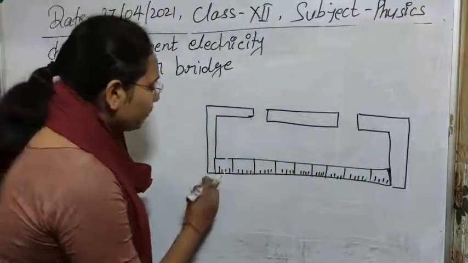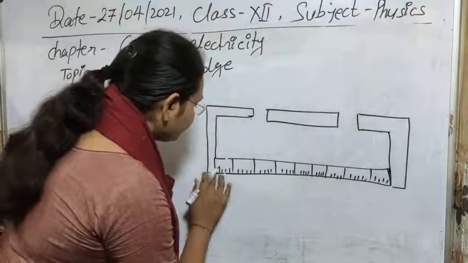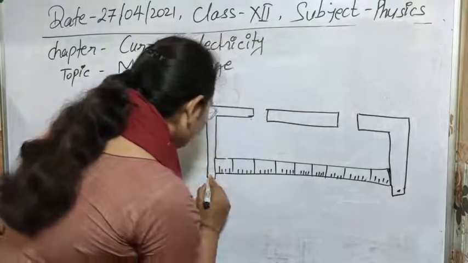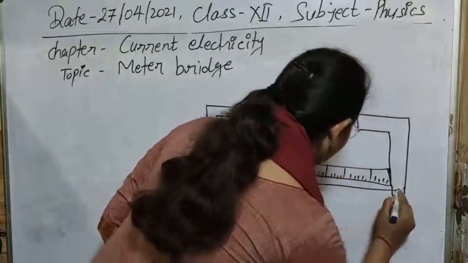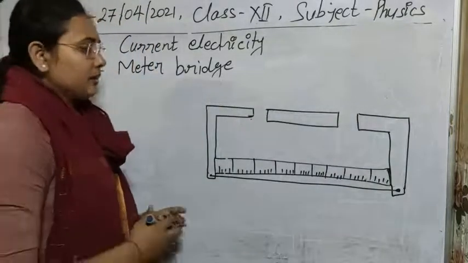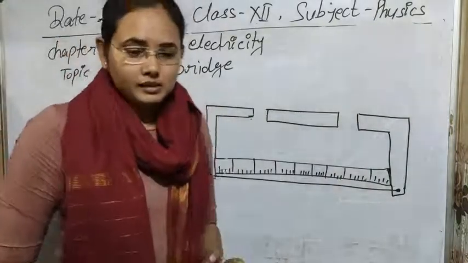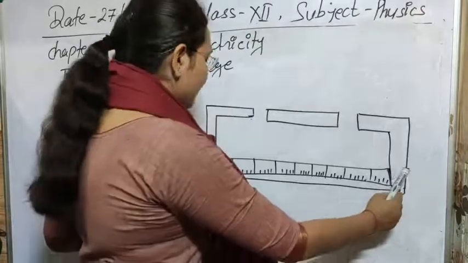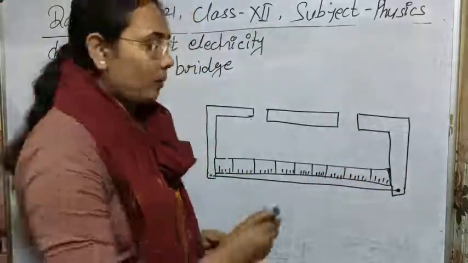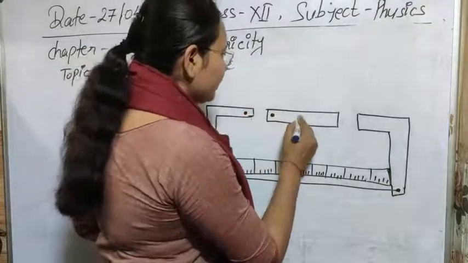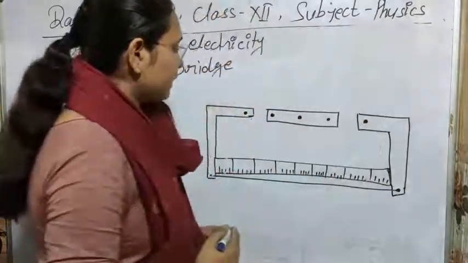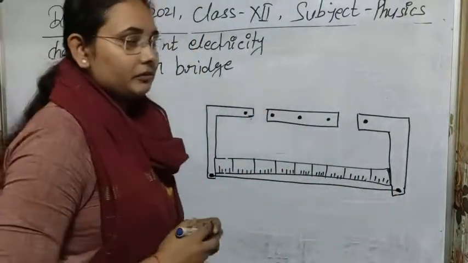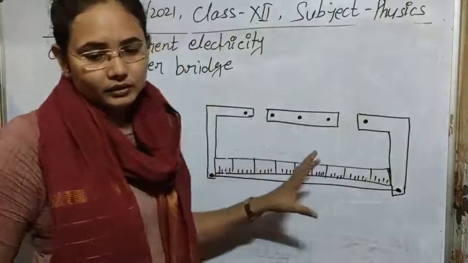One more thing here, one wire that we are using here, suppose this is like this. So here a wire that we have attached between these two ends. So this is our basic construction of the meter bridge. Means in the meter bridge we have a 1 meter long wire and that is attached between 2 points on this kind of copper plate. Here some nails are given to us, and 2 nails here. Now we can form the Wheatstone bridge by using this kind of thing.